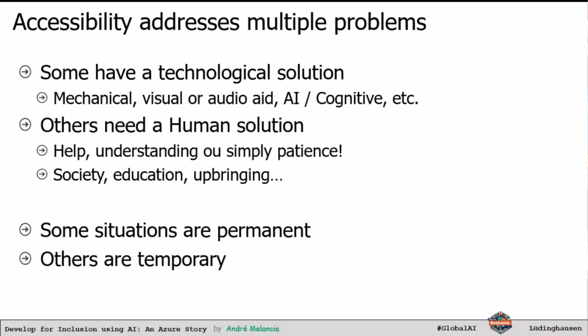So a few more things. All of these things, education, upbringing, the society in general is very different. If you go to certain countries, they just ignore this. In Europe, this is mostly guaranteed. I mentioned some of these situations are permanent, others are temporary. If you break a leg, it's temporary. I had some vision impairment a few years ago. It actually came back sometime later, but then it got better again. Now I'm at, I would say, 90%, something like that.